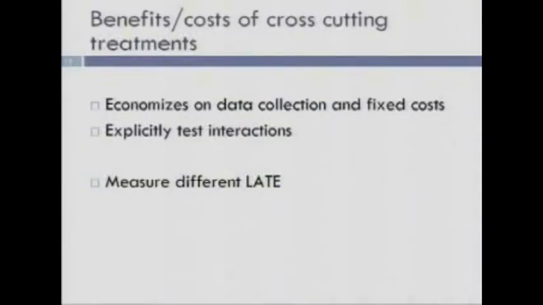Okay. So let me give an example of when you'd be worried about the exclusion restriction. If you have a credit program and you're trying to understand what's the impact of getting credit, well, if you're training people to encourage them to take the credit, then you'd have to worry about the direct effect of the training. If you're just providing more information, more marketing efforts, that might work.